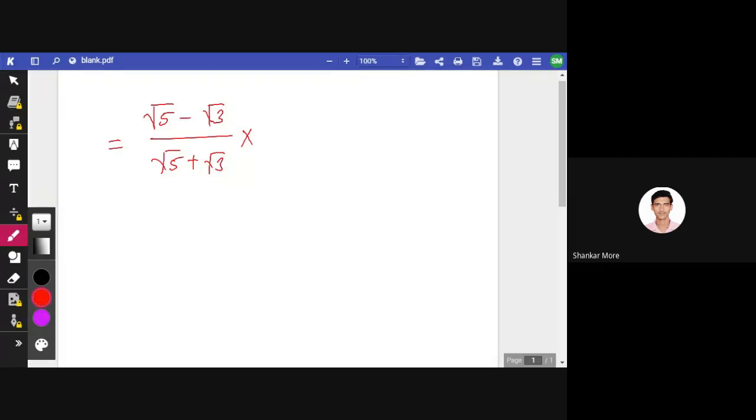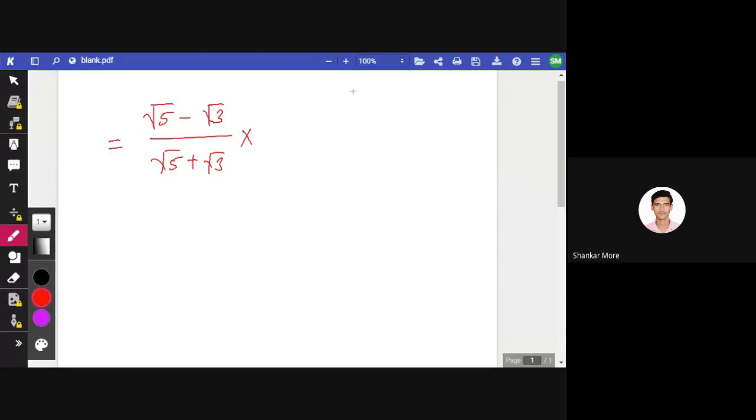हमें rationalize करना क्या है? हमें rationalize denominator करना है, बराबर ना? So we have to think according to that. We have to think about denominator only. Don't worry about numerator. So root of 5 minus root of 3 will be our